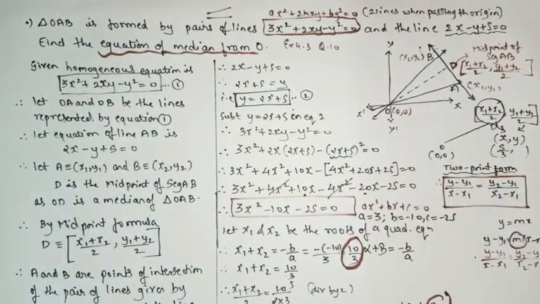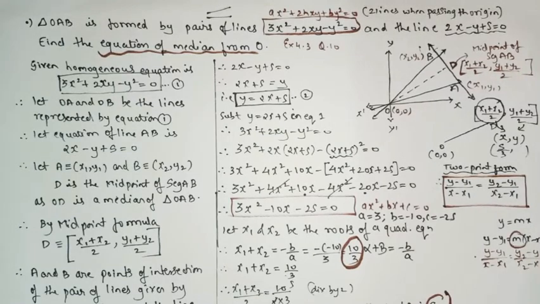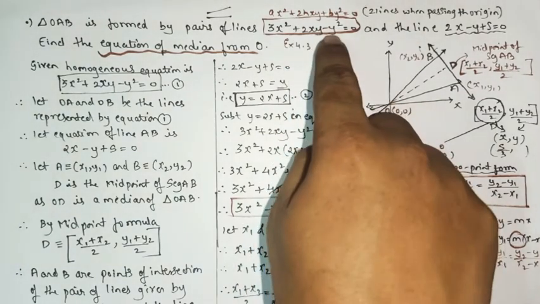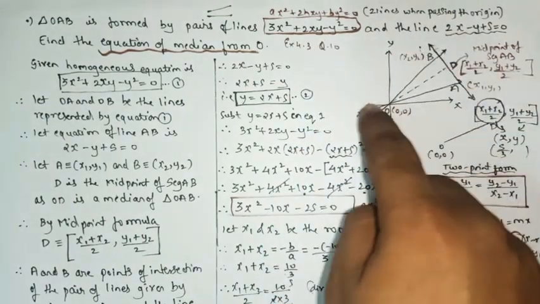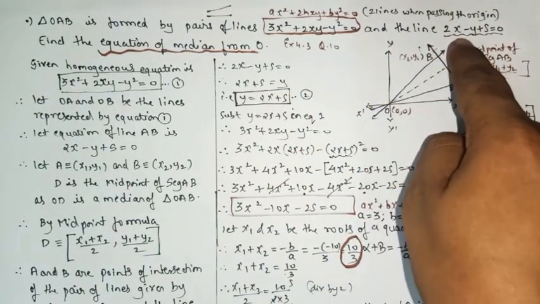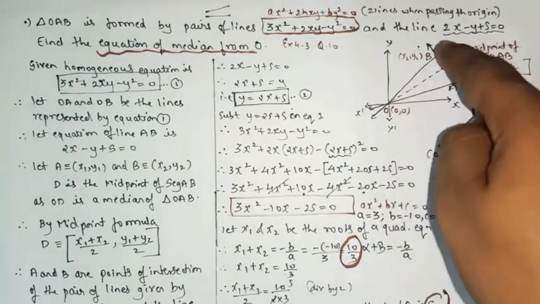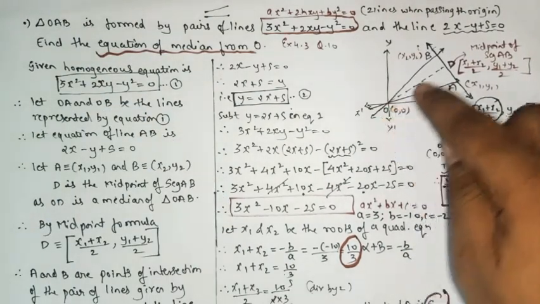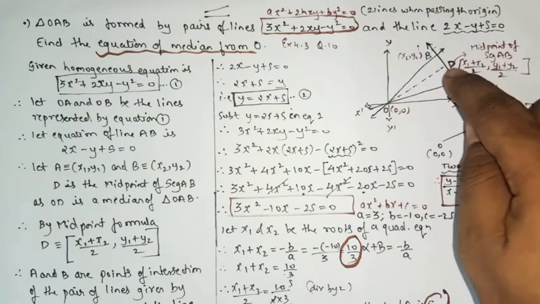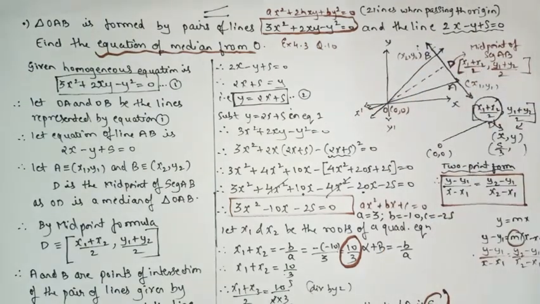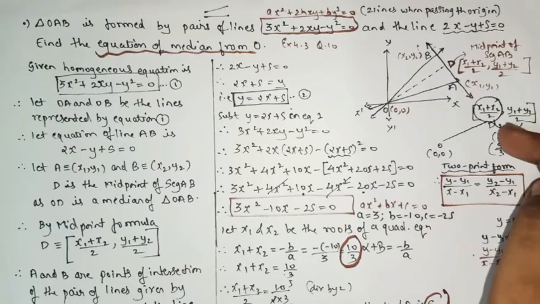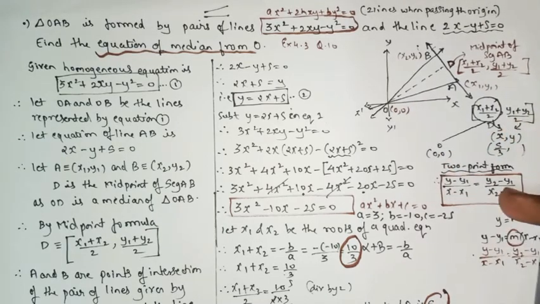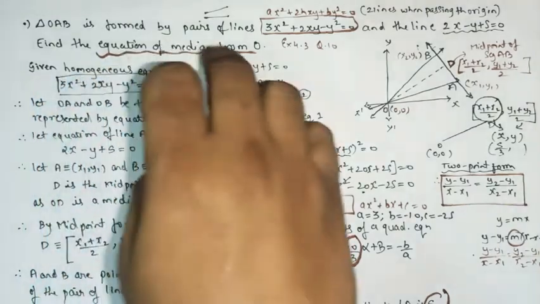First you draw the diagram. With the help of the diagram the sum will become very easy. As we all know, when you get a quadratic equation with two lines passing through the origin, here we have one line passing through OA and OB, which will form a triangle. We have to find OD, that is the median. If OD is the median of the triangle, then D is the midpoint. So we know the formula for midpoint, which was there in the 10th standard. Yes or no? After getting the value of D, simply apply the two-point form to get the required equation of median.